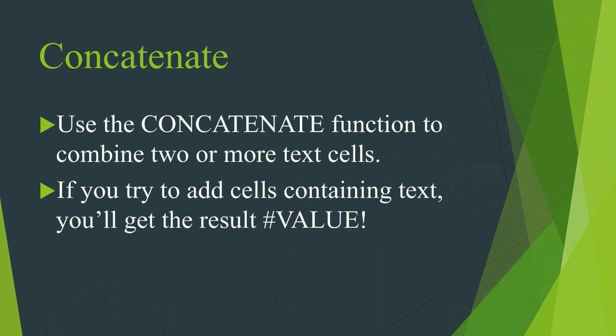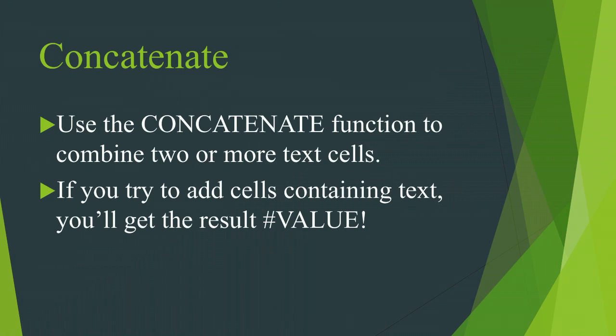For example, if you have a column with the name of first name and a second column with the name of last name, and you want something like Sarah Ali. First name is Sarah, last name is Ali. If you want to combine them together in another cell, in the third cell, in cell C, then what do you do? You use the CONCATENATE function to combine Sarah with Ali in the cell C1.